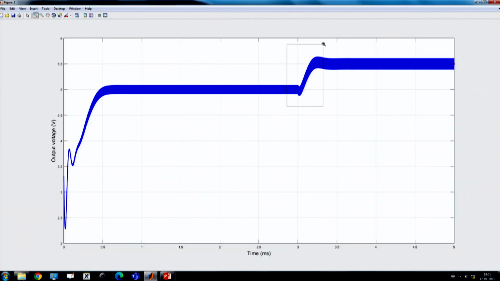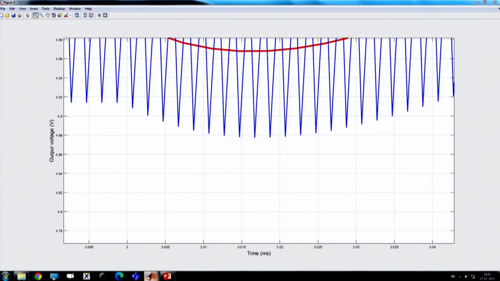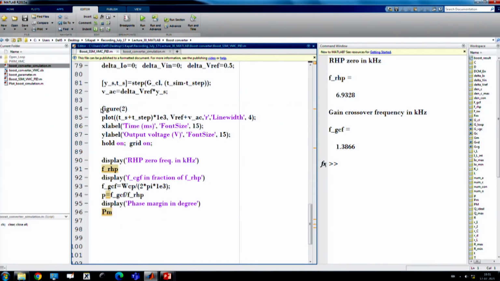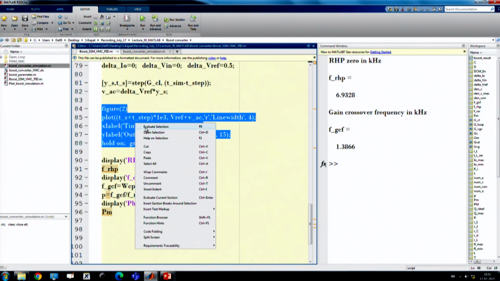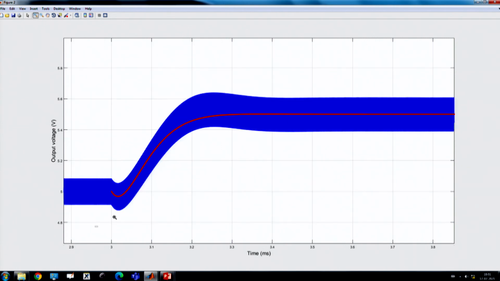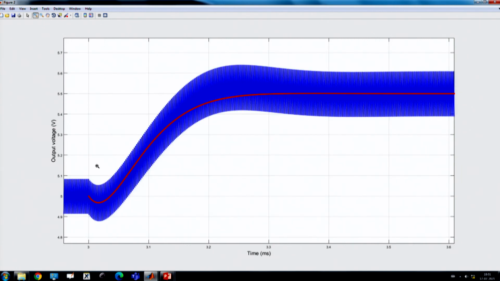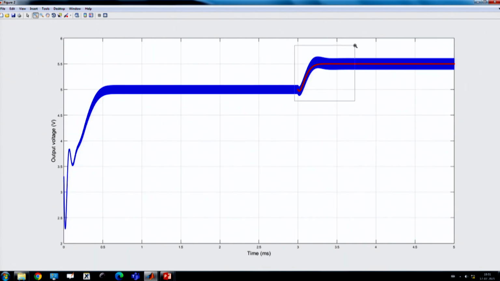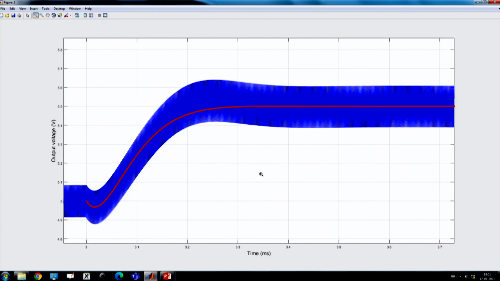There is a reference voltage transient, okay, and you can see, just a minute, if I redraw this figure. Yes, so you can see that this is a small signal response and this is the actual switch simulation. Initially, we want to change the reference voltage, we have applied a positive reference step change. So, it should have increased from the beginning, but because of this right half plane 0, you see there is an initial undershoot, it is first coming down and then going up, okay, and this initial undershoot, depending upon the RHP 0 location, it can be severe.